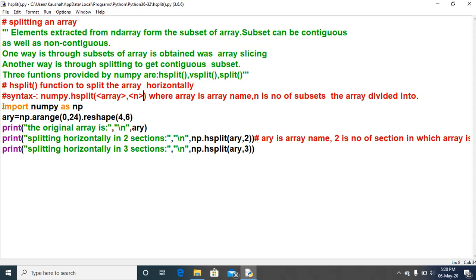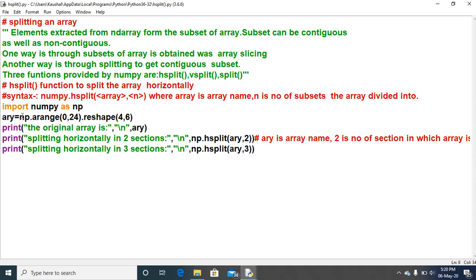So the main program starts from import numpy as np, and ARY is the name of the array, and here the statement is written np.arange(0,24).reshape(4,6). What does it mean?